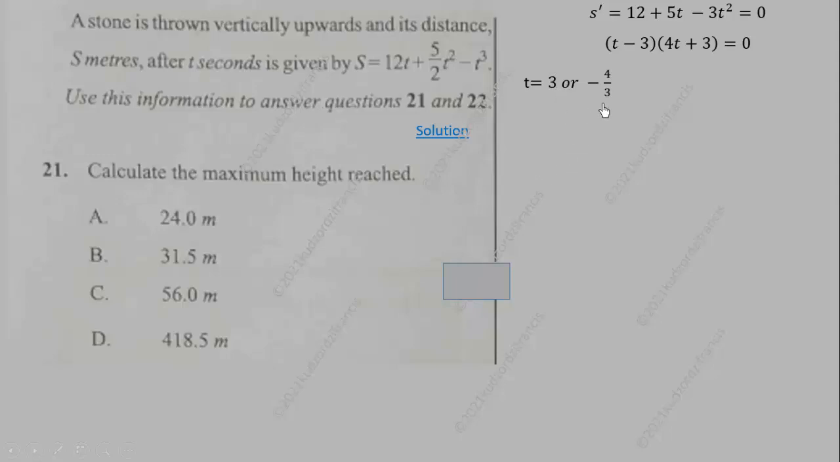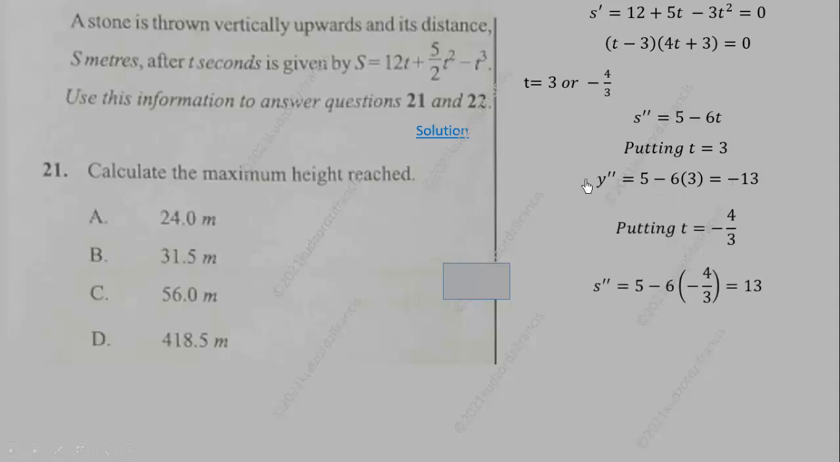So we perform the second derivative test. We differentiate this again to obtain 5 minus 6t. So with 5 minus 6t, we substitute these values to see which one is less than 0. The one that is less than 0 will give us the time at which the height is maximum. When we substitute the 3 and the negative 4 over 3, we find out that